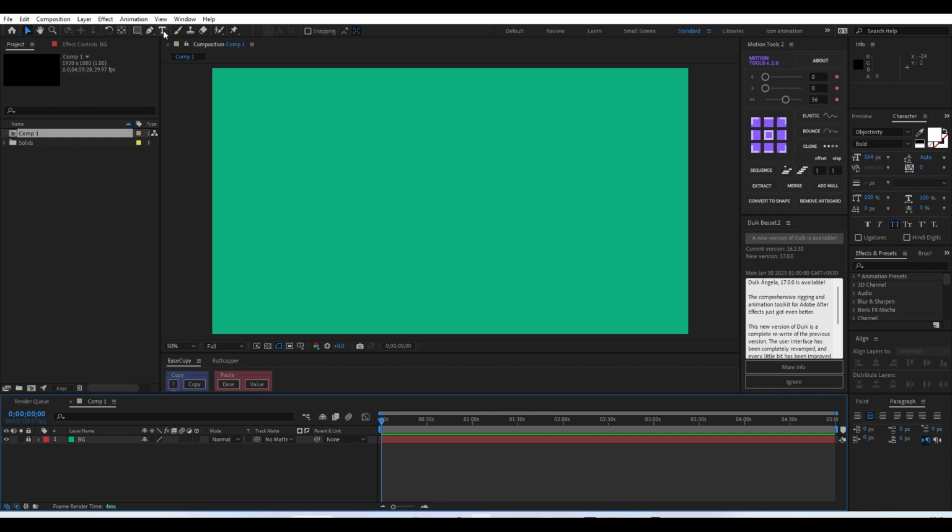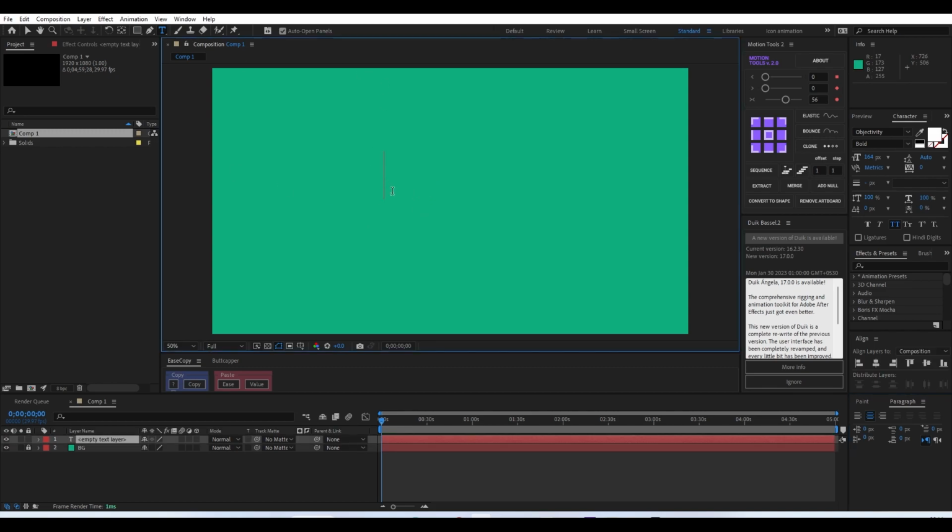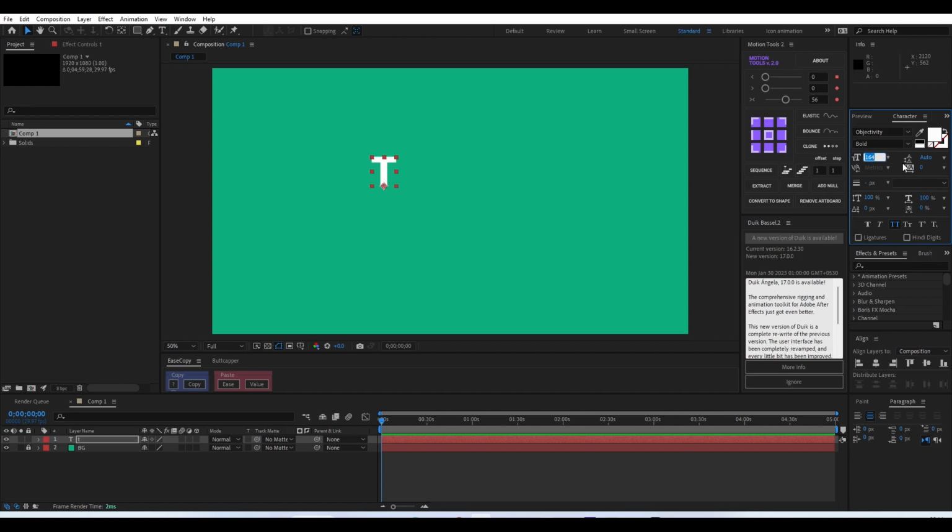The next thing is we have to type in the title that we want, and when you type in the title, just make sure that you are typing it one by one. So for example, if I'm typing the word title like this, make sure that each of these letters is in a separate layer. So we'll start with the T, and we can increase the font size to maybe 250,